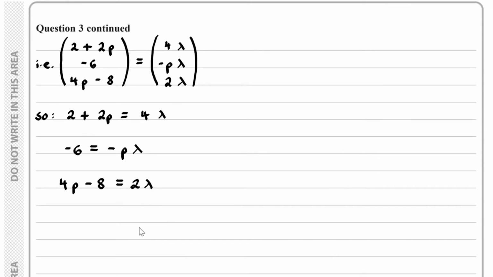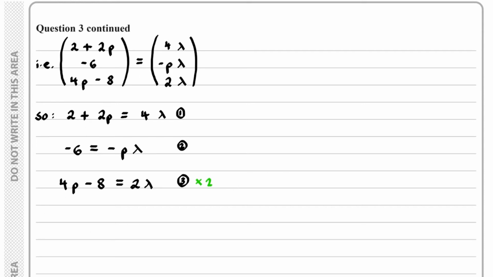Now we need to find the value of p. Now if I call this equation 1, this equation 2, and this equation 3, what I can do is multiply equation 3 by 2,